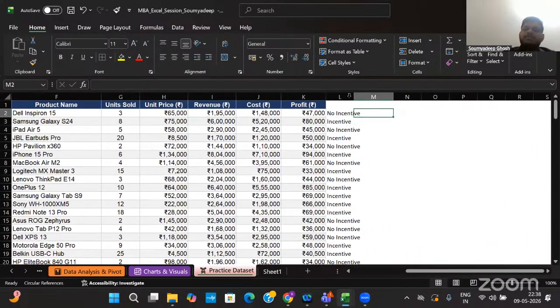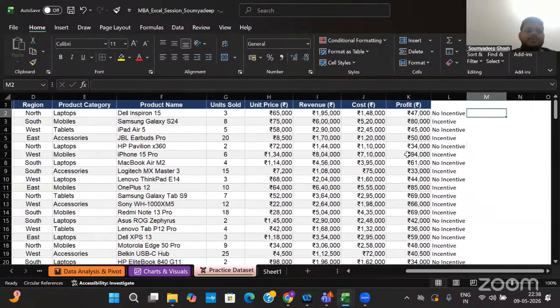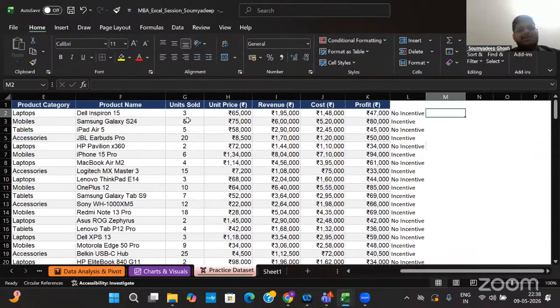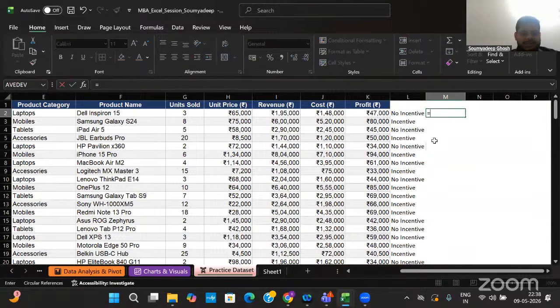Now I want to promote some employees who are either selling at least 5 units or generating a revenue of more than 2 lakhs. Then I'll apply an AND or OR condition.